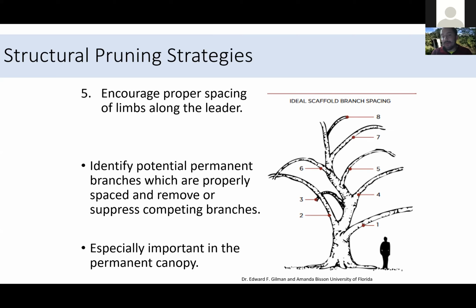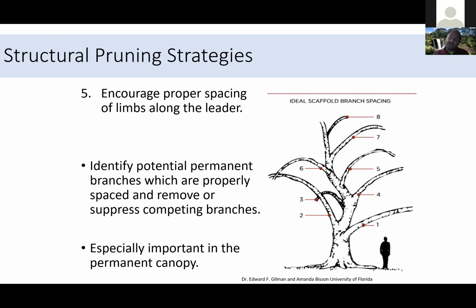So what happens when a permanent branch gets larger than about 2 to 4 inches in diameter? It develops heartwood, and we don't want to expose that heartwood. But because these branches we're talking about are permanent, they are never coming off, and so the heartwood in them will never be exposed. So we do not care if they get larger than 4 inches, as long as they're still half the size of their parent branch or less, and have a collar.